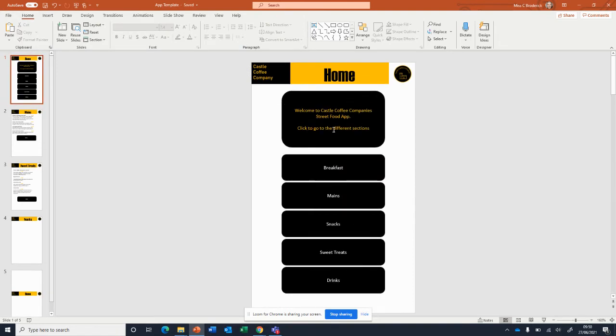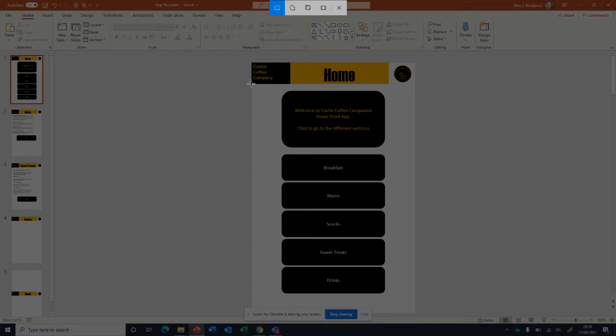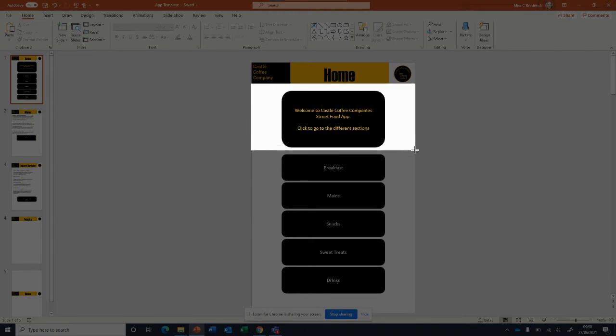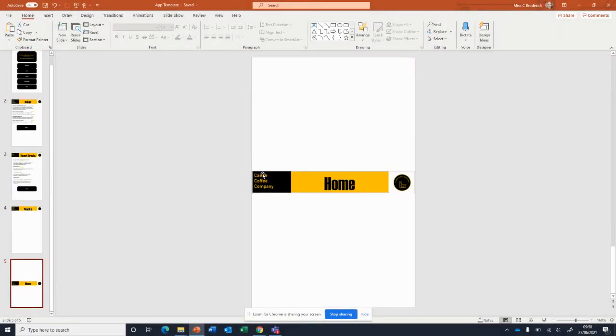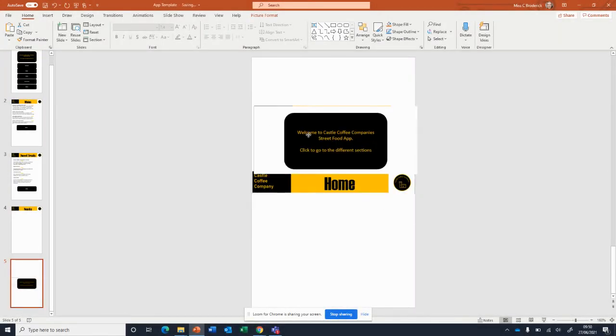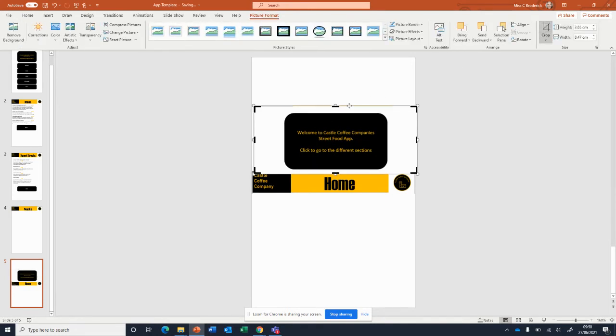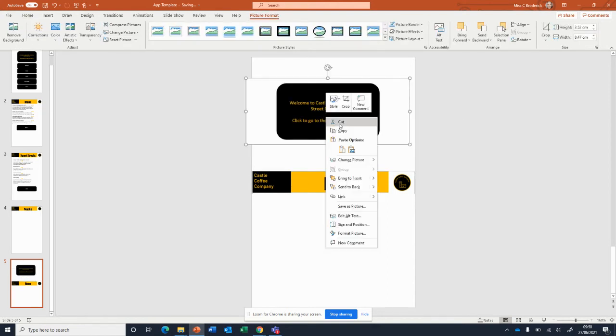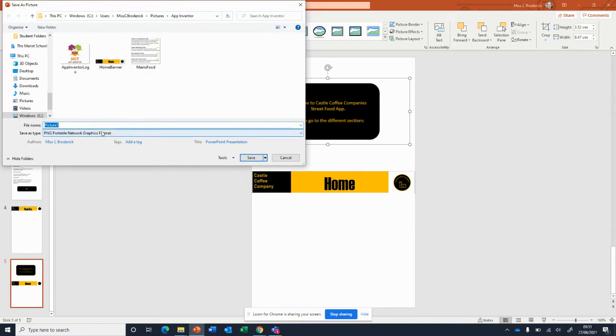I think I also want to have this little welcome box. So Windows Shift S, and start all the way from below the next section, just so we get a bit of space. I think I'm going to go to about there. Again, I'm just going to go down here, Control V to paste. You can see I've grabbed a bit of the top bit. I don't want that, so I'm going to crop that out. Perfect. Right click, Save As Picture, Home Text,